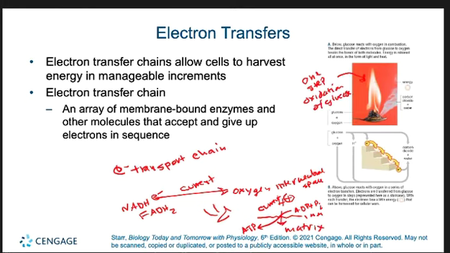Whereas a multi-step oxidation of glucose releases heat in a stepwise fashion so that we don't cook the organism, right? And when we're talking about oxidation, we're talking about stripping the energy from glucose to make ATP, okay? So I'm just setting you up for the next chapter.